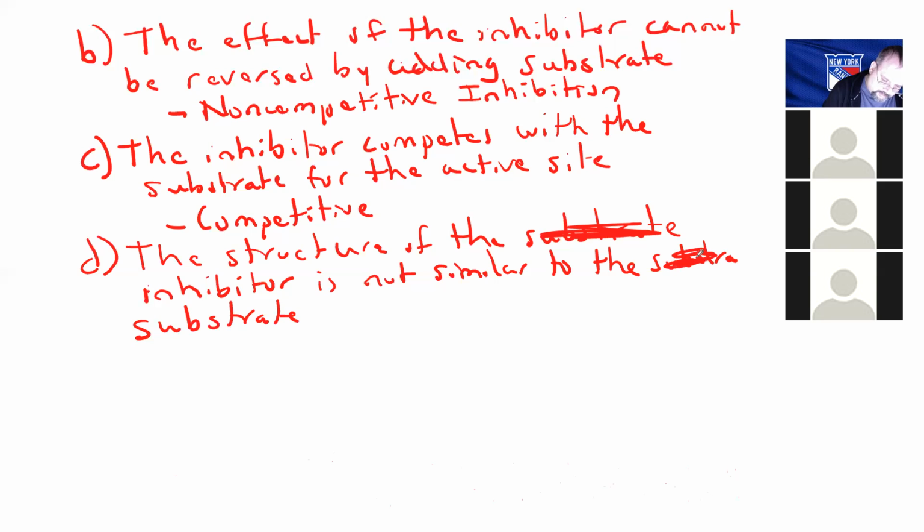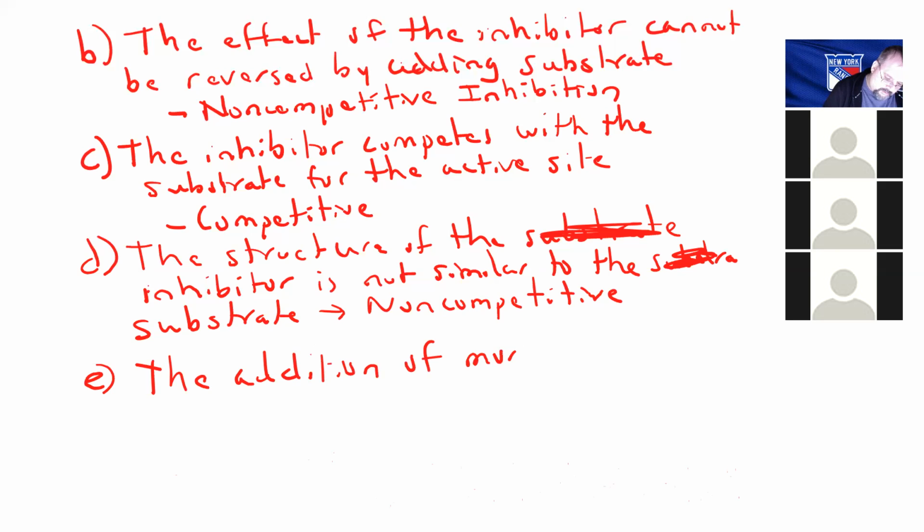Is not similar to the substrate. We describe this as being non-competitive. Because in this case, the active site recognizes the substrate, it doesn't recognize the inhibitor. So it's not a race, it's not a competition. So it's non-competitive. And then finally, letter E,